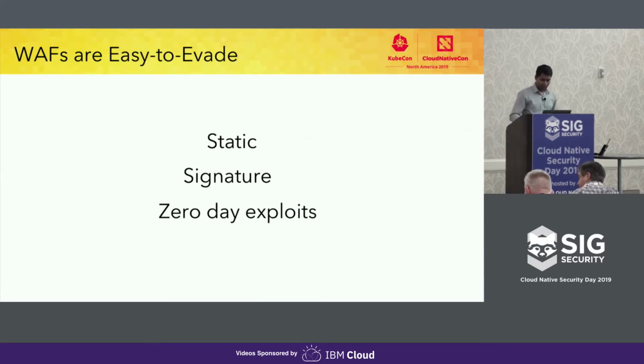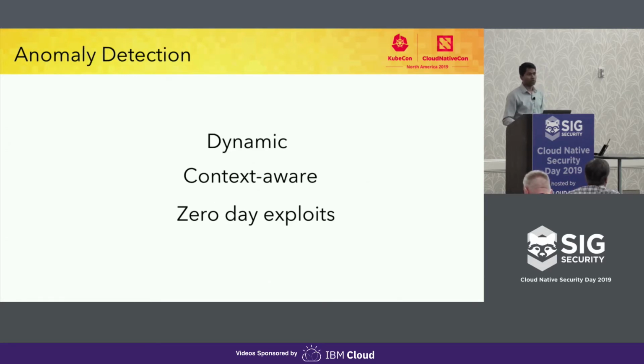And once we started seeing requests in our logs that we thought should have been blocked by the WAF, but were not getting blocked, we started looking into anomaly detection-based systems. Again, it's well known that anomaly-based systems are dynamic because they learn over time how the system is behaving, what requests are good, what requests are supposed to be blocked, and then they can easily find anomalous requests.